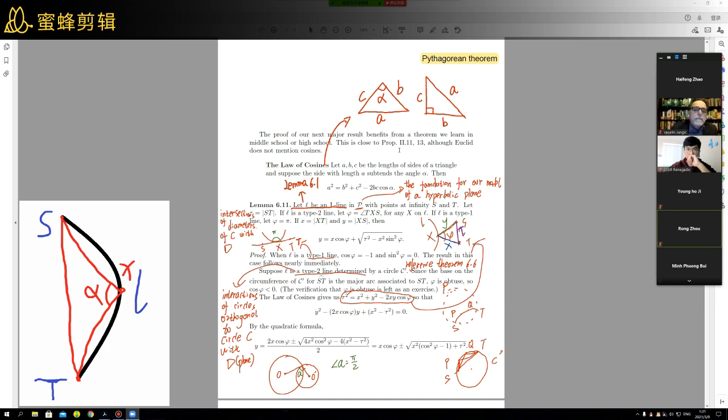Let's go to Lemma 6.11. Let L be an L line in the P, which is the foundation for our model of a hyperbolic plane, with the points